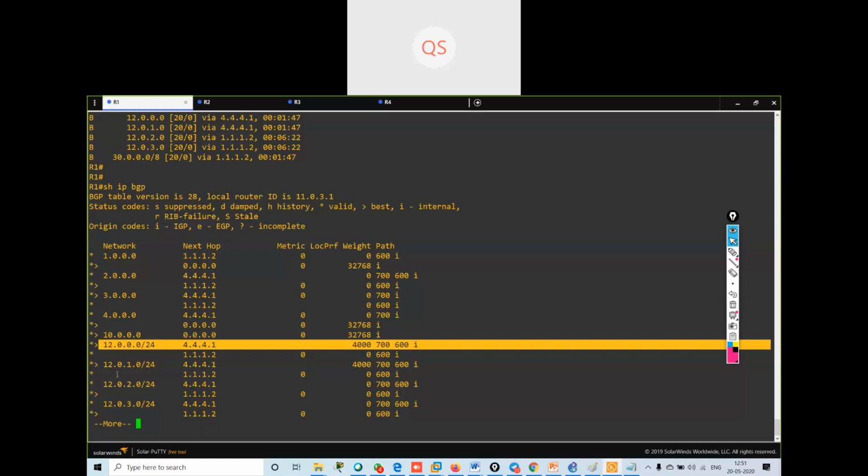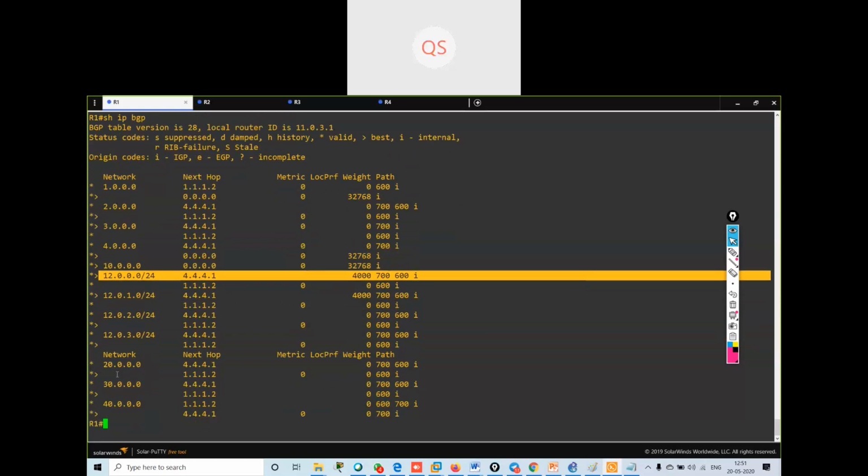Sir, I know it's not optimal, but what if we manually configure weight on non-border routers? Will it work? It will not work. See, your eBGP peering is with your border router only. If I configure anything on iBGP, it will not affect my border routers.